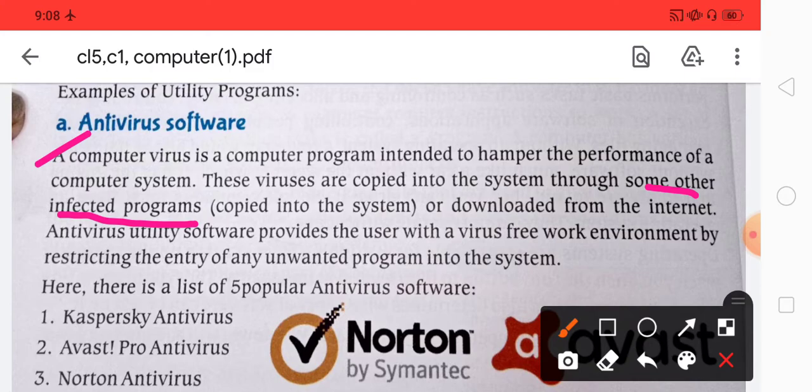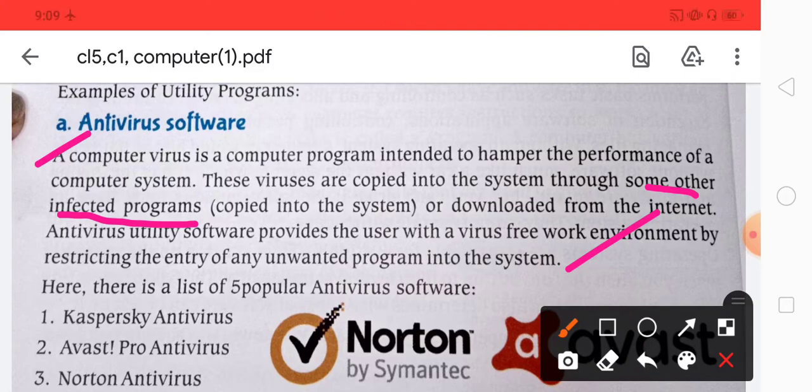If you copy and paste something from another system or other devices, or download something from the internet, there are some viruses that directly or indirectly harm your computer. So antivirus utility software provides the user with a virus-free working environment by restricting the entry of any unwanted programs into the system.